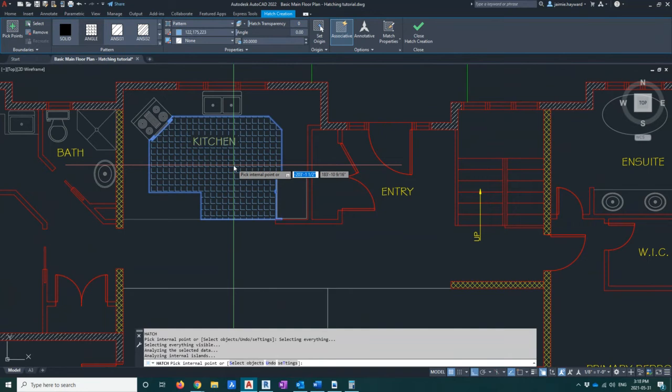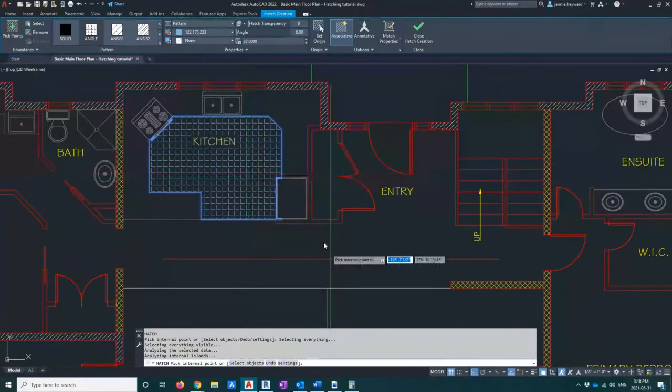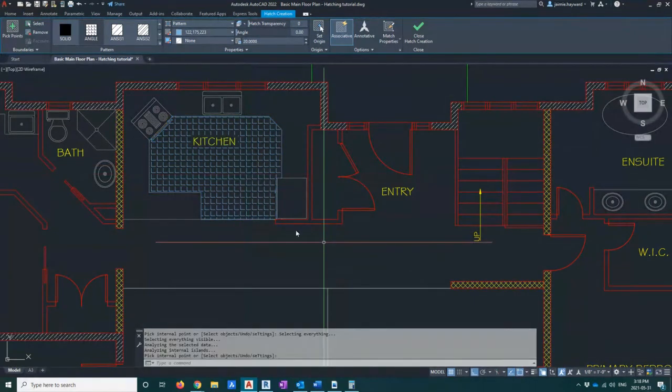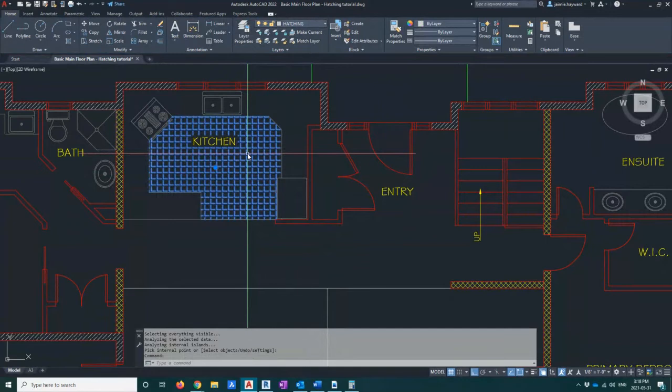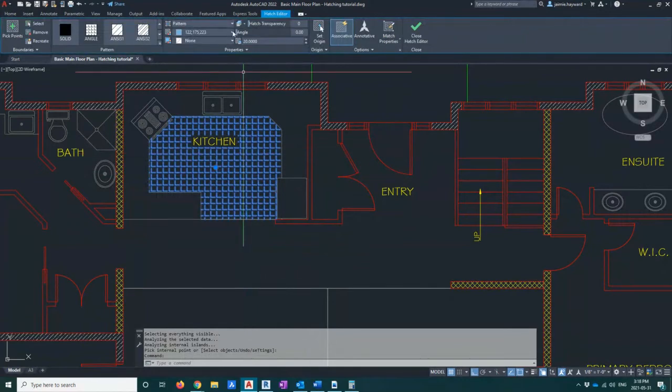So for this example, I'm going to say that's exactly what I want. I want to just hatch my floor. So I've used my angle, which is great. I have a square nice tile in my kitchen, and I'm going to go ahead and press enter. Now my scale is off, and I want to change the color back to normal hatching. So I'm going to change the color back to by layer, so it's back to the gray that I have,